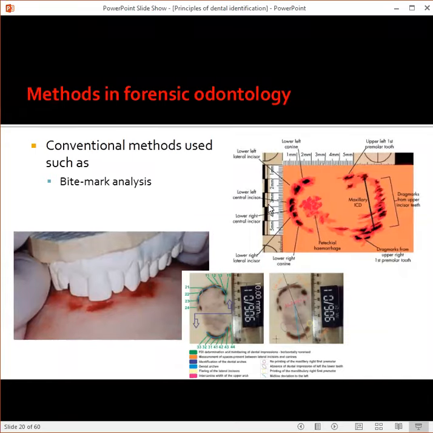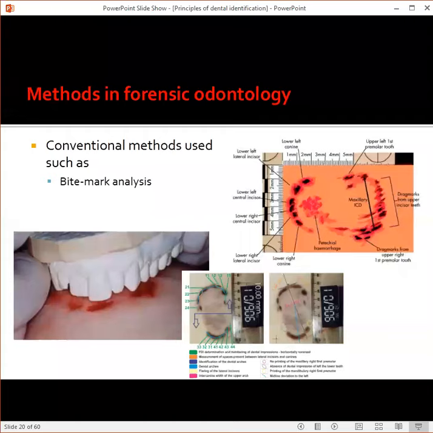Okay, so whenever you have a bite print, you can compare and analyze and predict the size of the individual. And if you have a suspect, you can take an impression of that suspect, prepare a cast, and try to match that cast with the bite pattern. If there is a match between the cast which is prepared and the bite pattern which you identify on the individual, then you can corroborate it as legal evidence that this person caused that bite